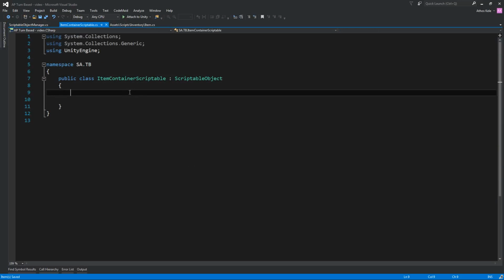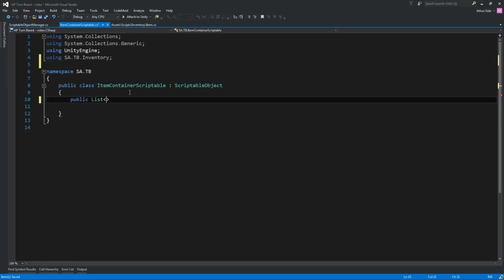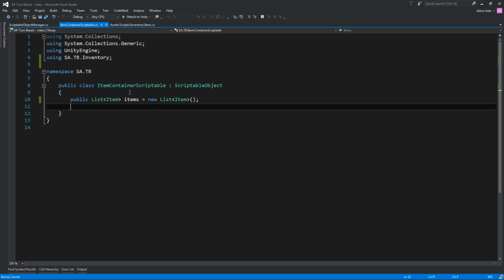Okay, then in here we're going to add an array. Actually, I want to add this into a list because I have a reason. Let's add the namespace. A list will be easier to modify from external sources than an array, and we will have all our items in a single list. Okay, let's also add a dictionary